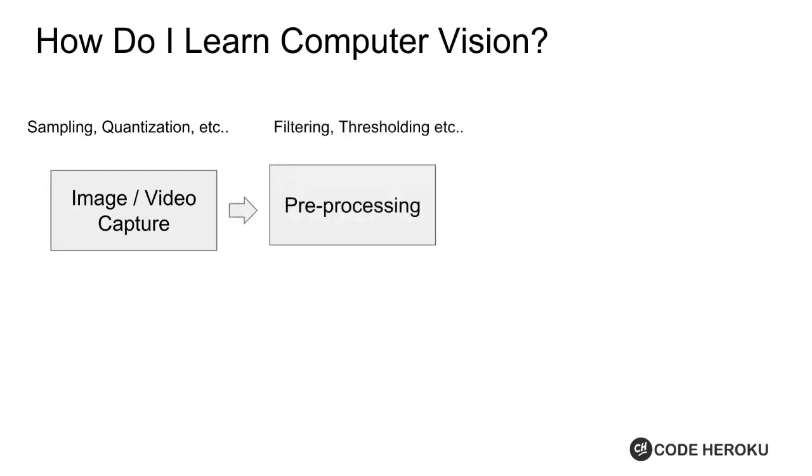Then you want to do a lot of filtering on it, because as I said, real world data is noisy. You also want to pre-process it so that it becomes more suitable for the future stages of the pipeline. There are some pre-processing algorithms and filtering techniques that you would want to learn about.